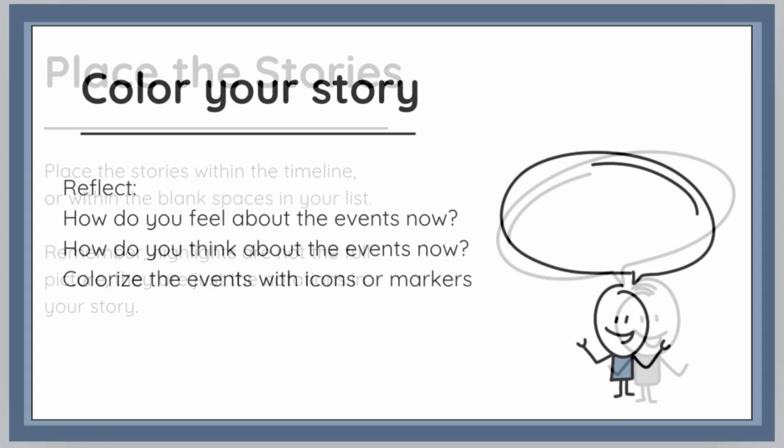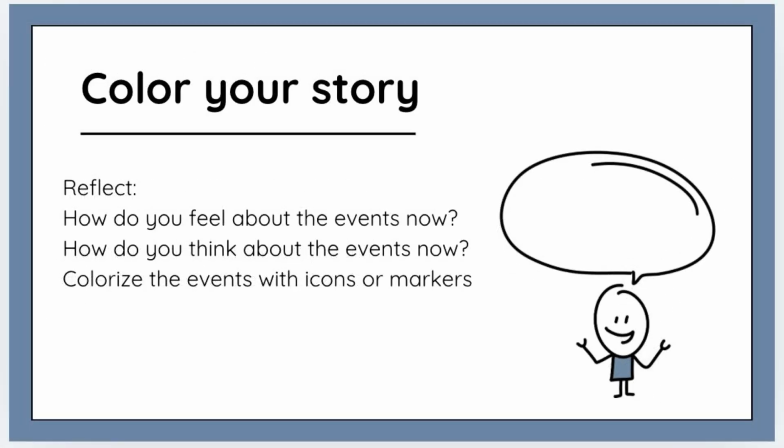In this next section, I want you to think about how you color your story, and I want you to actually color on your paper. If you have any different colors, highlighters, crayons, colored pencils, it does not have to be perfect. But go ahead and mark the sad times blue or green or orange, whatever you associate with sad. Then I want you to mark the happy times with yellow or whatever color you associate with happy.